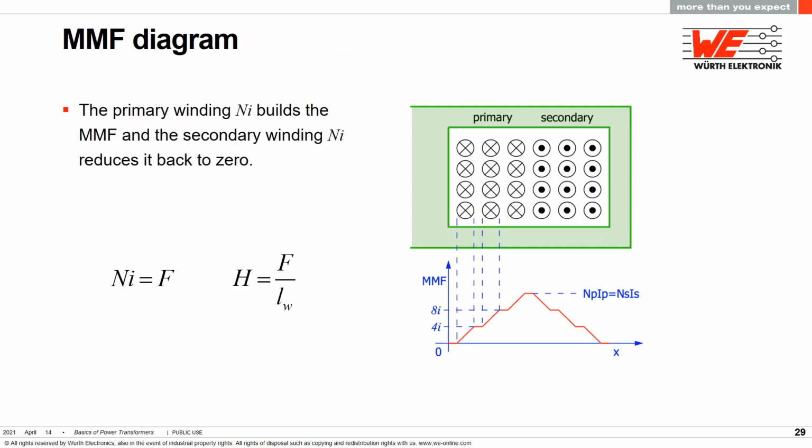Back a couple of slides, I showed how field intensity builds up with turns, current, and the number of layers. MMF diagrams are a way to show this in a graph. Here's a transformer with 3 layers of 4 turns for both the primary and the secondary. The force builds up until the current reverses. You'll see how we use these for calculating AC winding losses in a moment, but first I want to point